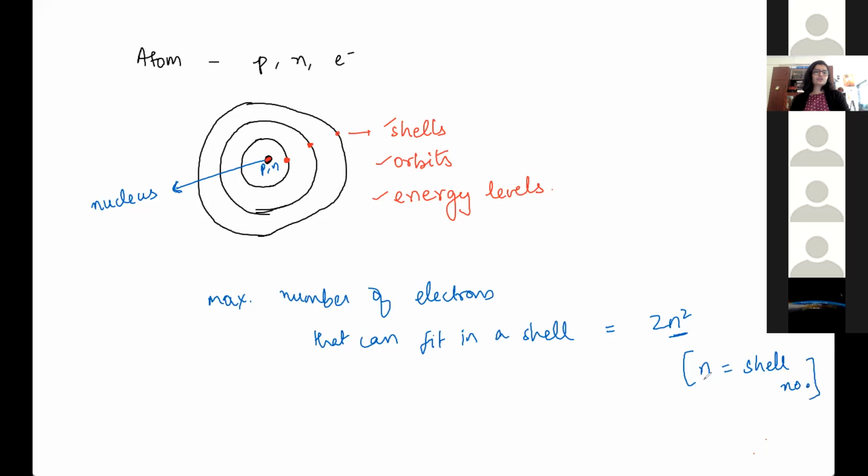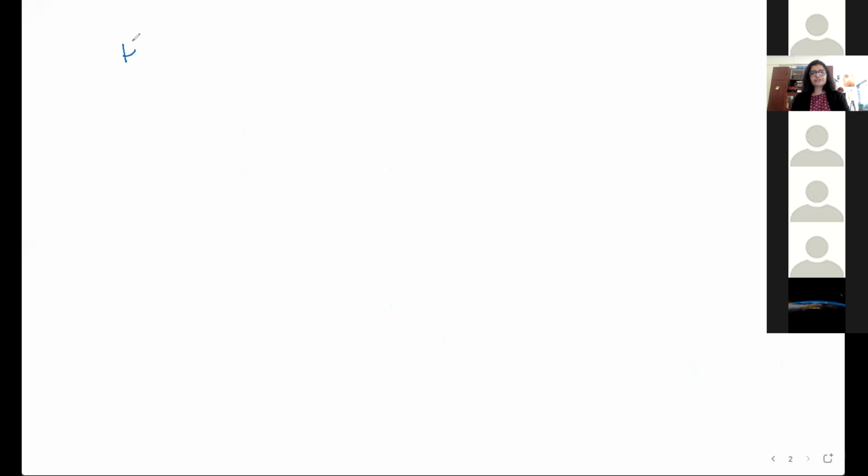Okay. So logically you can think of it, right? If there are very few electrons, like suppose an atom, if you start off with hydrogen, how many protons does it have? How many neutrons does it have? How many electrons does it have? Ma'am, hydrogen has 1 electron and 1 proton. 1 electron, 1 proton, 0 neutrons. Hydrogen's atomic number is 1, which means that it has only 1 proton.